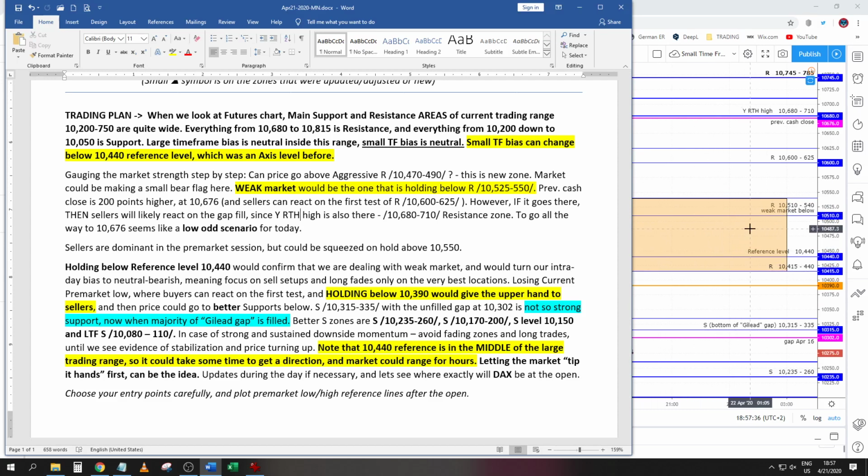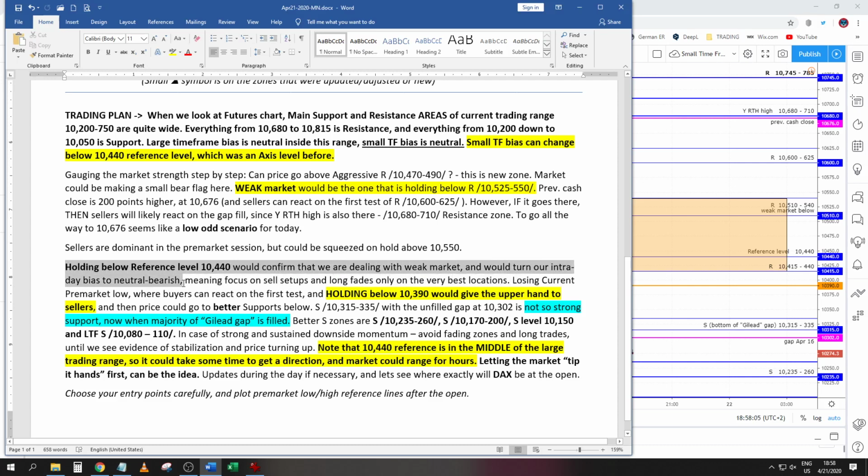Here was that aggressive support zone. I deleted that because it wasn't so useful, and just lowered a bit this resistance marked as weak market below. So it was before 525 to 550, and I just lowered it down by 15 points. And the entire session the market was below that weak market below zone,